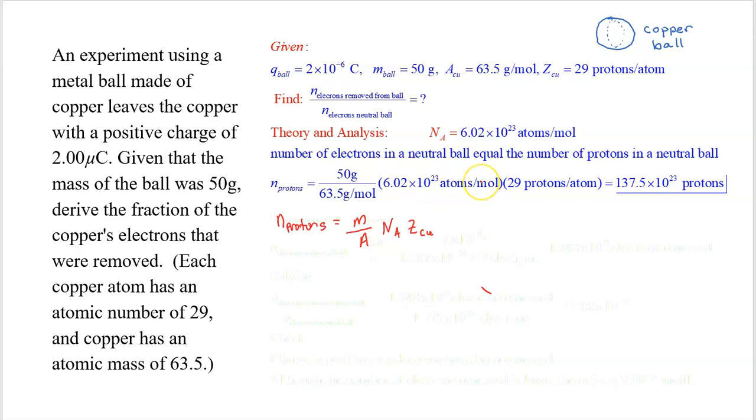That's the formula we ended up using to find the number of protons. So once we have that number of protons, we basically have the number of electrons here in the neutral